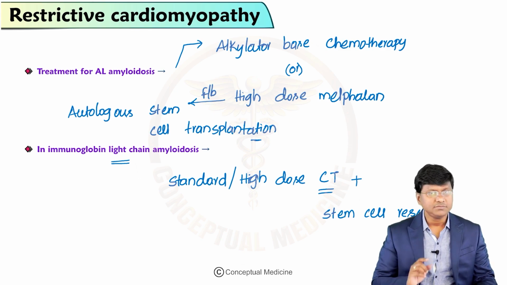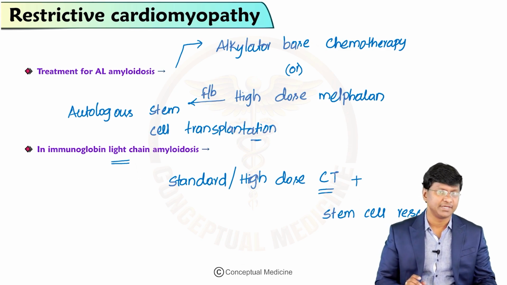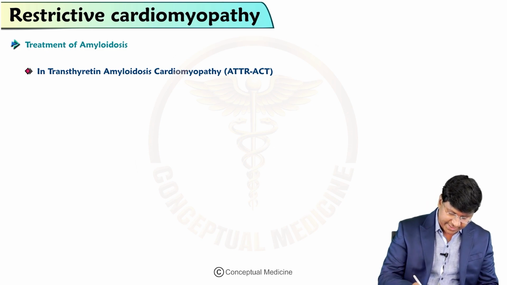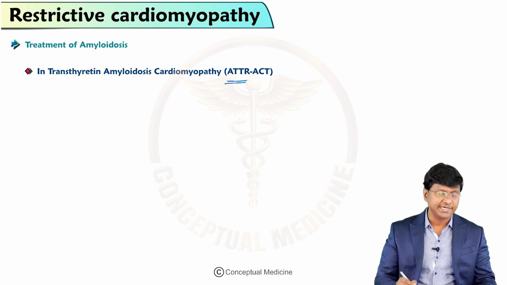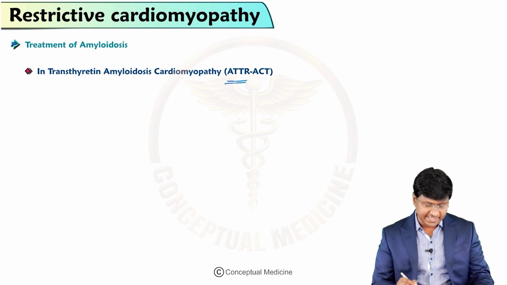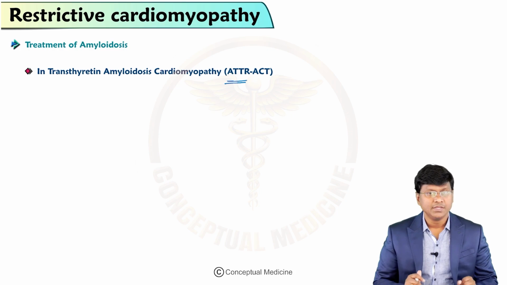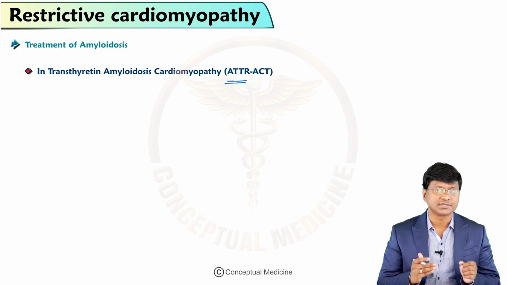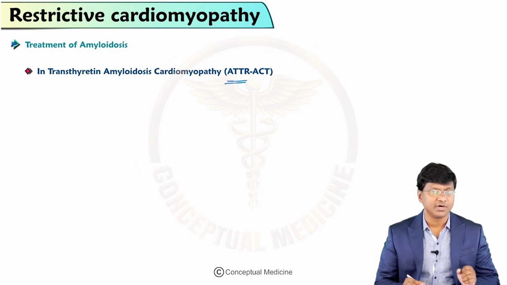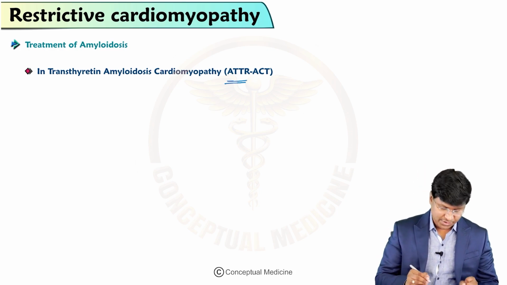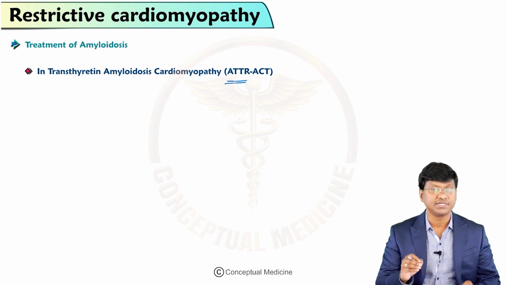Then I told you about the familial amyloidosis. In familial amyloidosis, it is the accumulation of mutated transthyretin, that is ATTR. So in these individuals, the medication that is effective is tafamidis. In 2018, the medication tafamidis